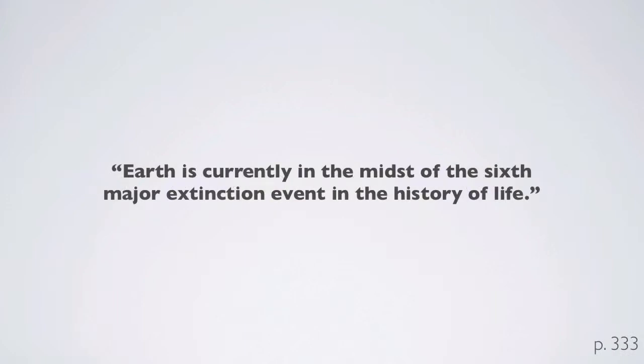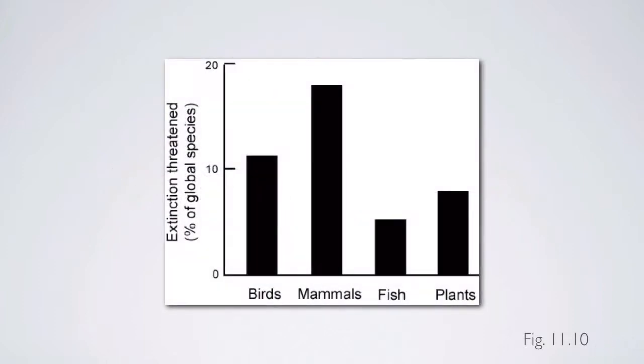Earth is currently in the midst of the 6th major extinction event in the history of life. If we take a look at the percentage of major vertebrate and vascular plant species that are currently threatened with extinction: birds over 10%, mammals up to 20%, fish approximately 5%, plants close to 10%. So that might not sound too bad. We're still going to have potentially 90% of the birds and 80% of the mammals, but